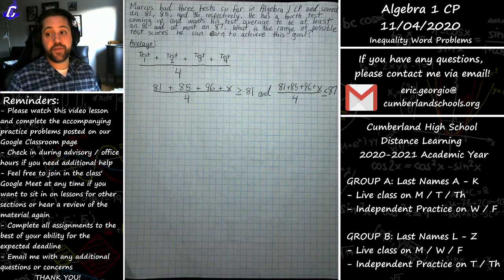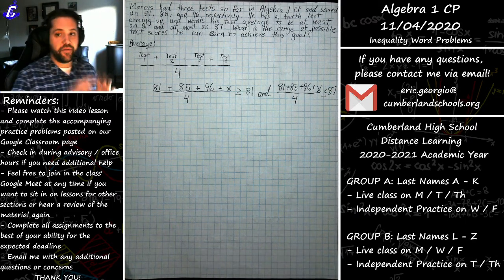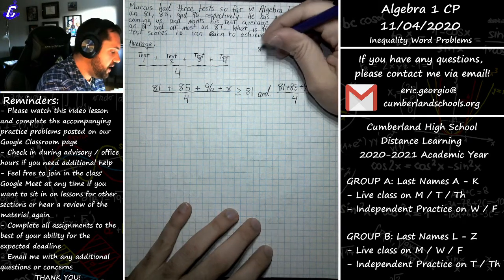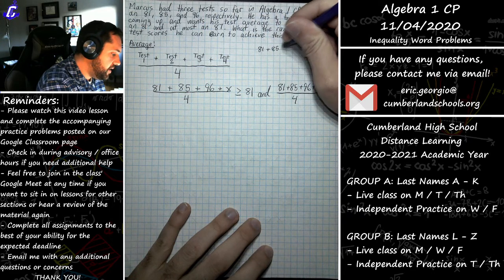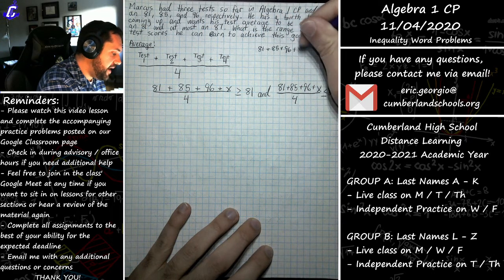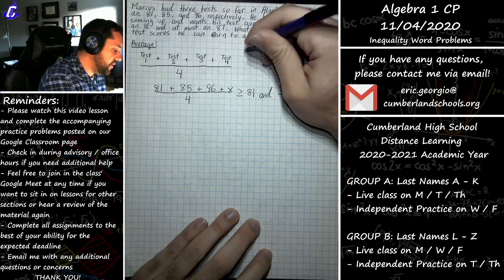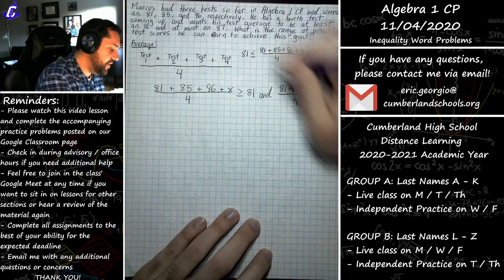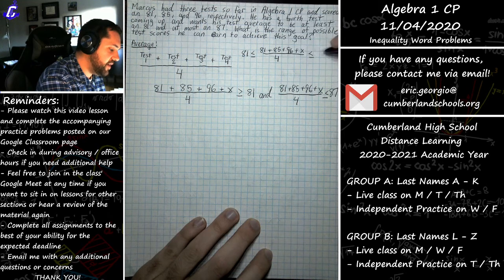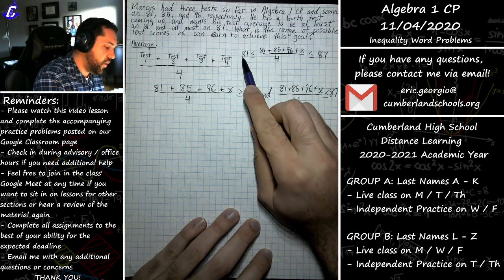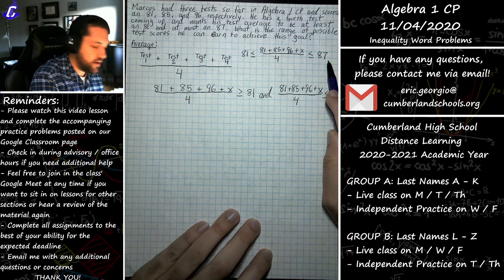You can, if you so desire, write this as a compound inequality and then try to pull it apart. It would look like this. We would have 81 plus 85 plus 96 plus x over 4 between 81 and 87. So 81 would be less than or equal to this, which would also be less than or equal to 87. If you're comfortable writing it this way, with the lower boundary and the upper boundary here and here,